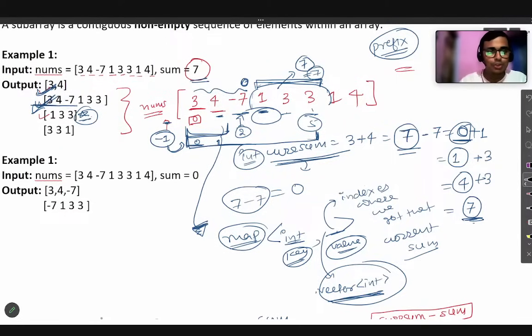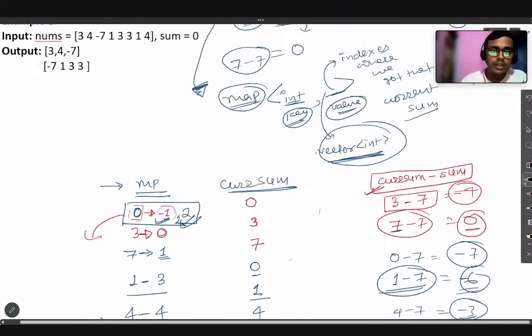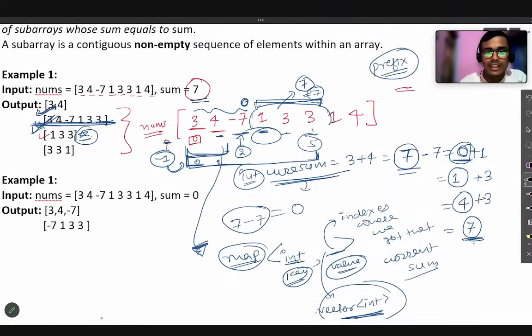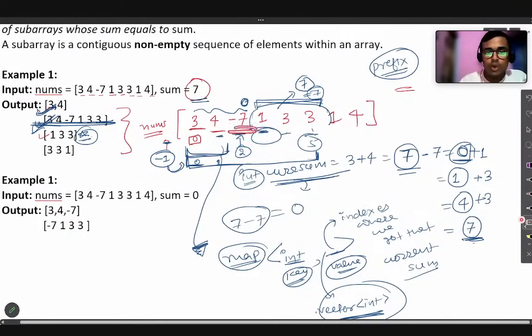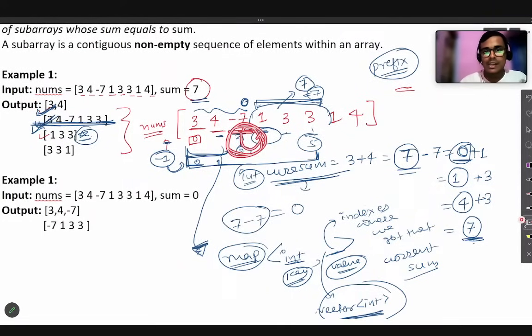And again, when you find 0 at index 2, just add 1 to that index and take the subarray till the last index that you are currently at. That is 1, 3 and 3. Are you getting this value? This is the process you need to get the internal subarrays also. Are you understanding this?